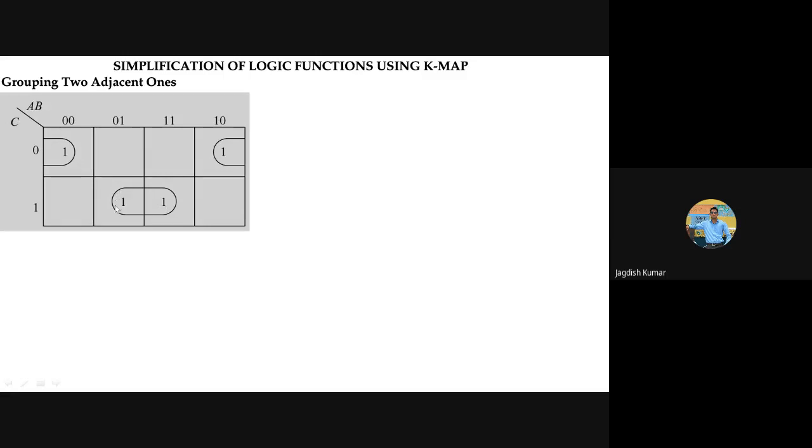One pair is this one. So if there are two adjacent ones, we can form them to get a pair. Now one is sitting here, one is sitting here. This way we can't combine them, but of course, because they are at the extreme ends of the table, this will also constitute a pair. Fine, that's what is called grouping the adjacent ones, or pairs rather. We are only looking for two ones, pairs.